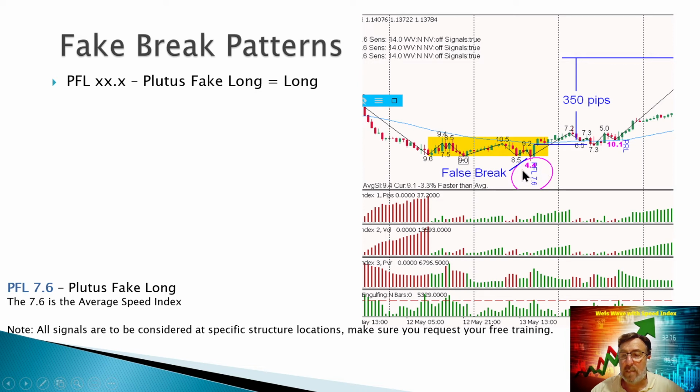So it's telling us to go long, and we did, and we did after the close of this candle, and the actual move all the way up there, it was about 350 pips, and that's a 4-hour chart if I remember. So Plutus fake long, this is how it looks like.